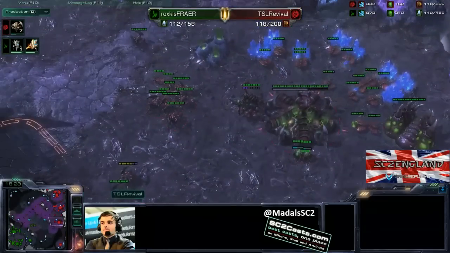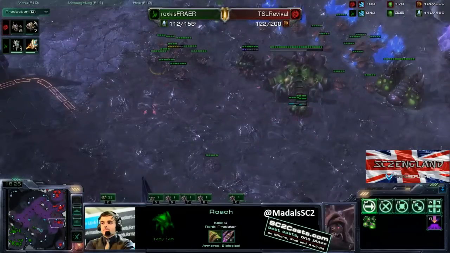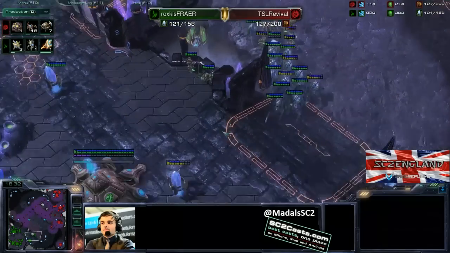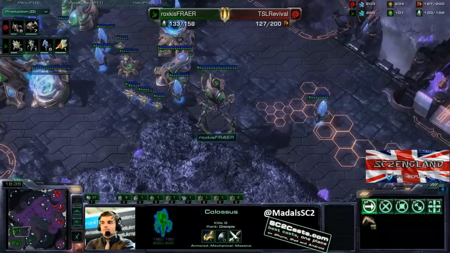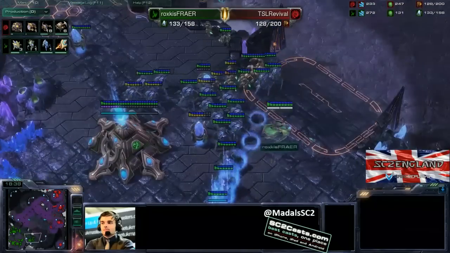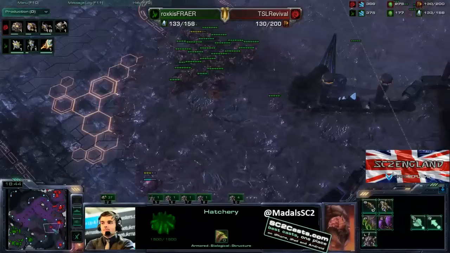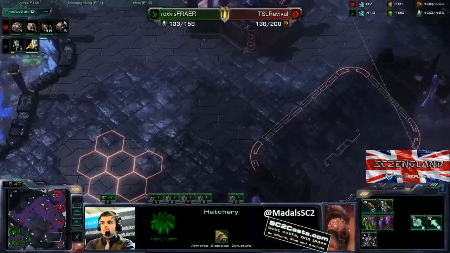He's still pumping out lots and lots of units. He has the 2-1 upgrades for his army, both melee and ranged units, but Fraer is starting to pump out the big, strong force. He's got the Colossi there. He's got, of course, the Immortals still in the Warp Prism, still being irritating. If this base gets spotted, it's pretty hard to defend, and it looks like...